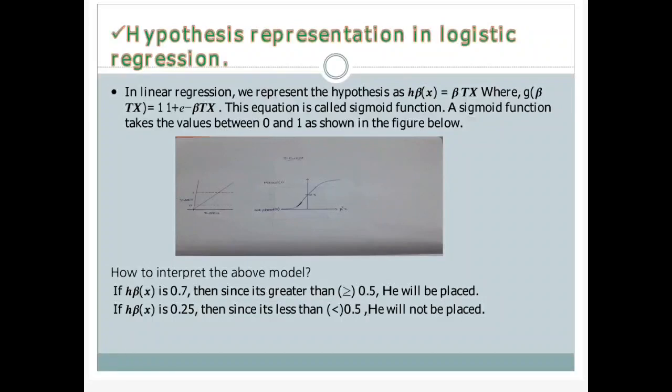To understand more about it, we shall consider a graph. In the graph, suppose our point is at 0.8, then we need to decide whether our answer is either 0 or 1. Then how to decide it? Now here we can use the concept of threshold.